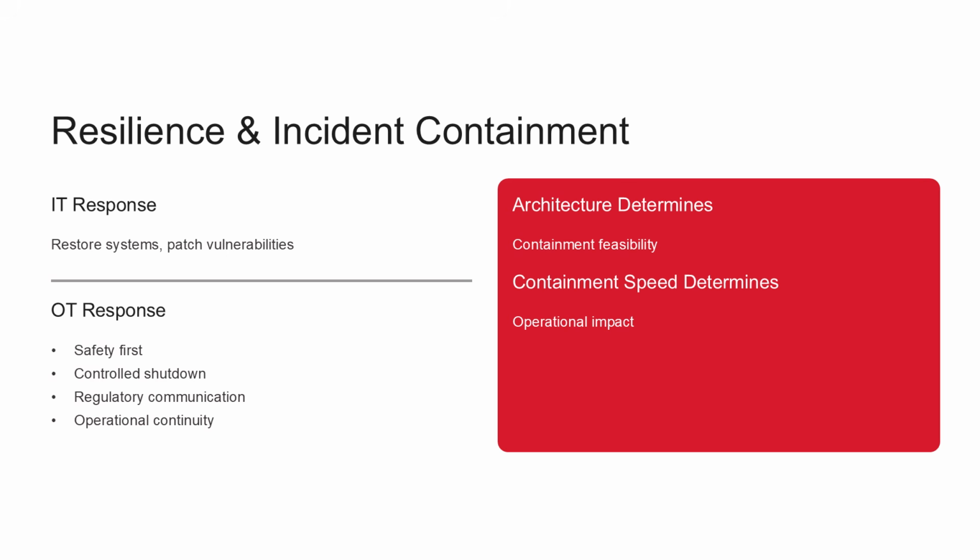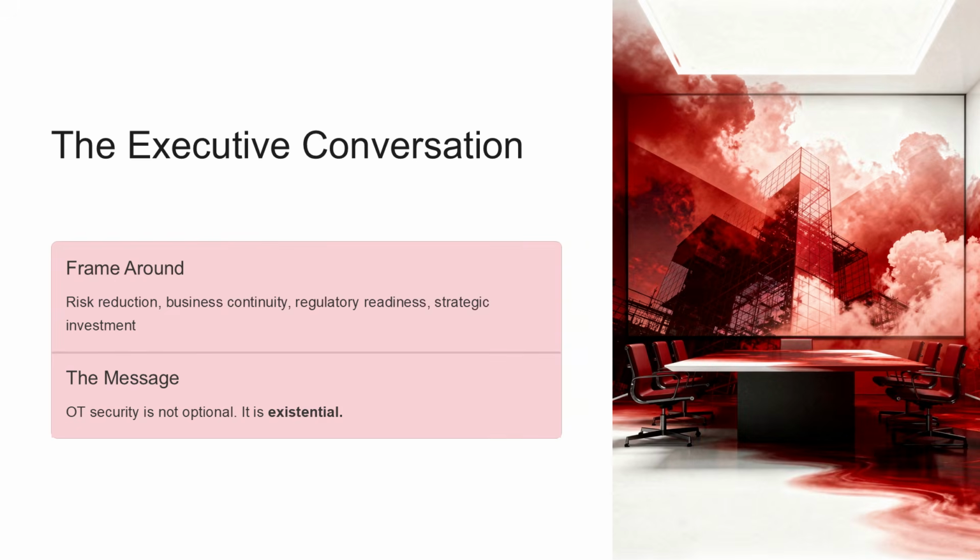Your architecture must define isolation procedures for compromised segments, emergency response playbooks, communication pathways, escalation processes. Containment speed determines operational impact. Architecture determines containment feasibility. When presenting OT security architecture to executives, focus on operational continuity, regulatory compliance, public safety assurance,